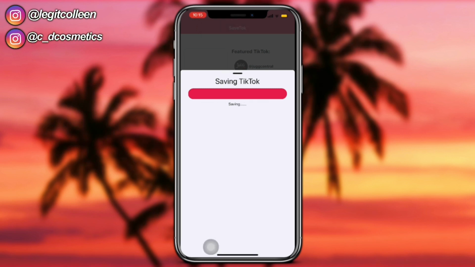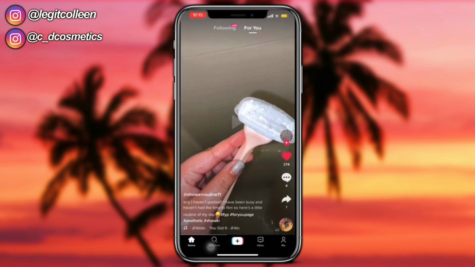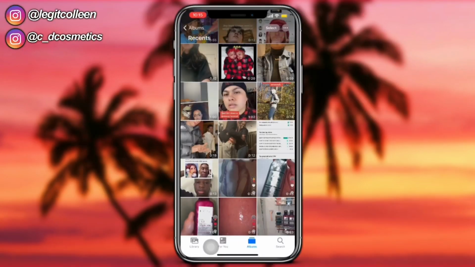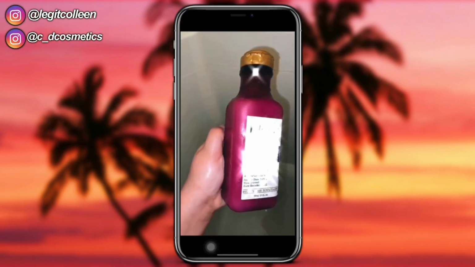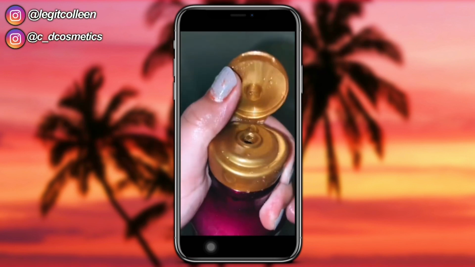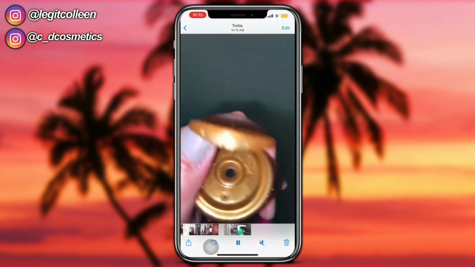So after a few seconds, it will finally finish saving, and it took me to the TikTok app, and then a notification popped up from the top of my phone and I clicked on it and it opened my photos. And when I opened my photos, there the TikTok was, and you can see there is no watermark on it. And that same video I couldn't save on TikTok, look, I just did it. So who's telling me what?